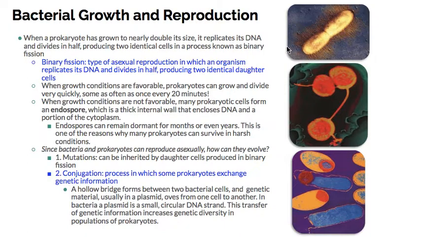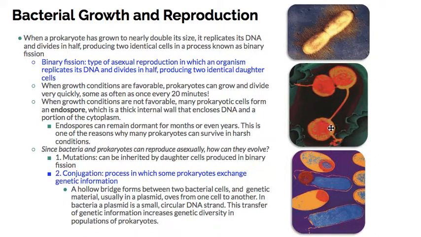So right here, this is binary fission happening, that cell dividing. This is conjugation, where it's showing the connection, and this one right here is the endospore. In your textbook, if you want to look up this photo, it explains that in better detail. But again, that endospore helps those prokaryotes remain dormant for months or years and survive in harsh environments.